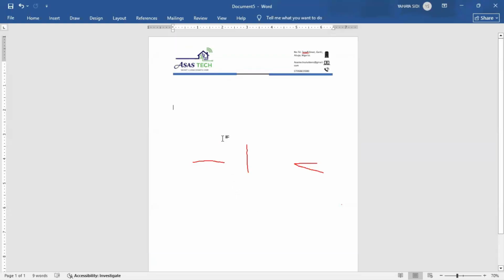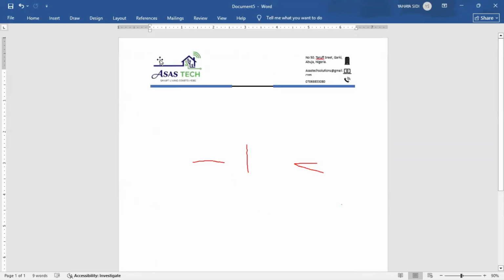Look at it now, it's beautiful. See how beautiful it is, if you can see now. The design might look somehow like a professional setting. So now, after having that, the next thing is just to